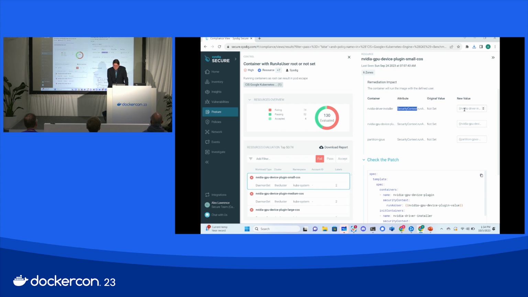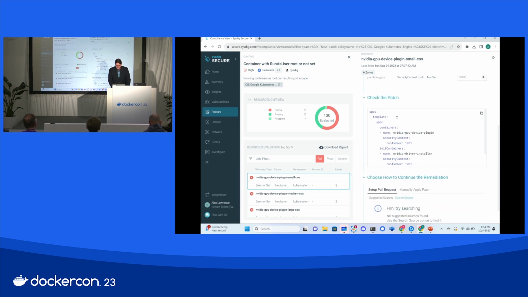Okay, so let's go fix that. We can say, run it as 1001 or whatever value we use at our company. And when I do that, it actually generates a patch, right? So when I open up my Jira or whatever my ticketing system is, I can include a spec that they can apply directly to the cluster and go forward with,